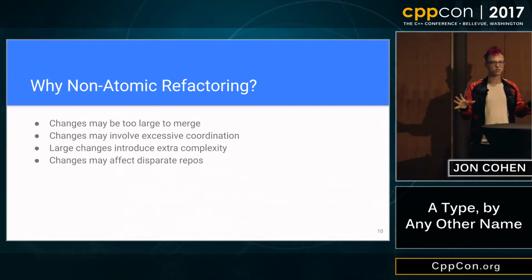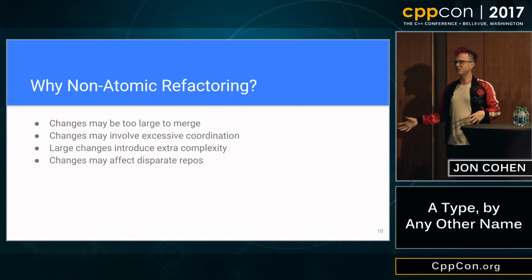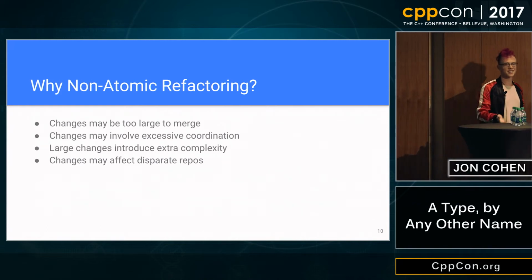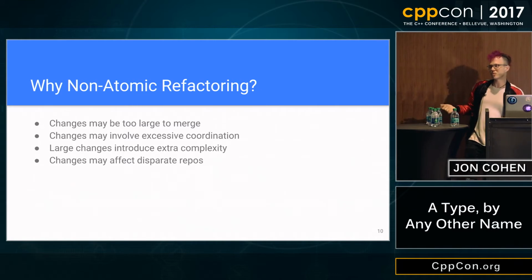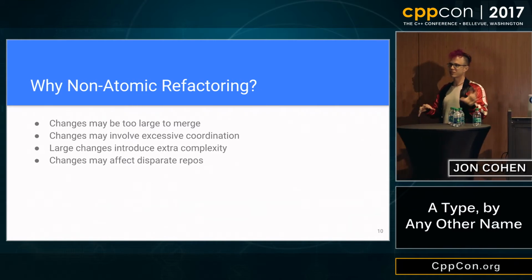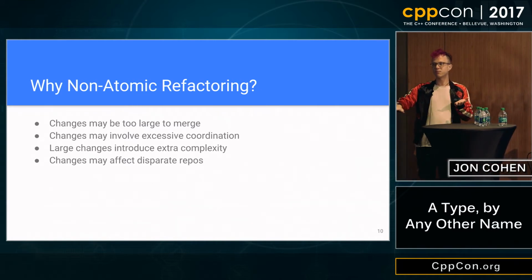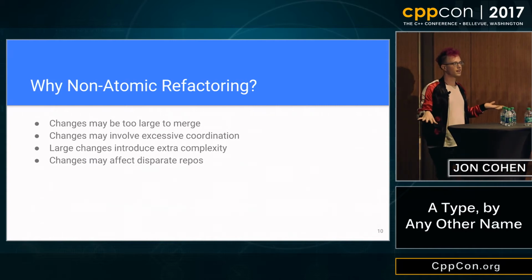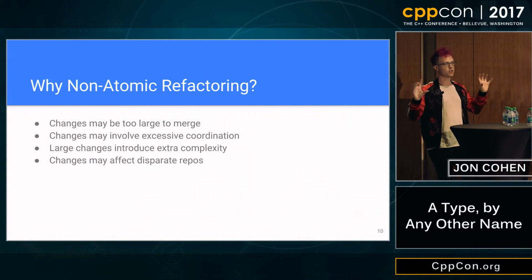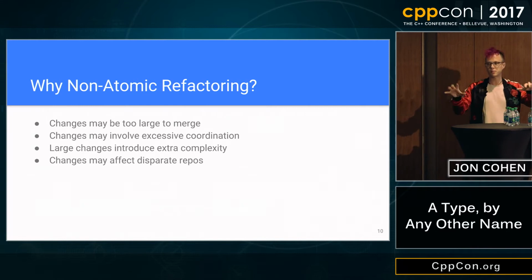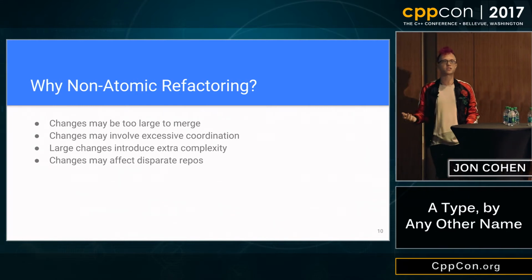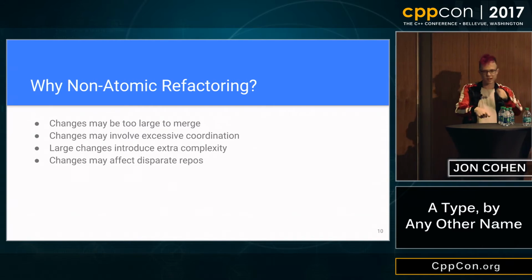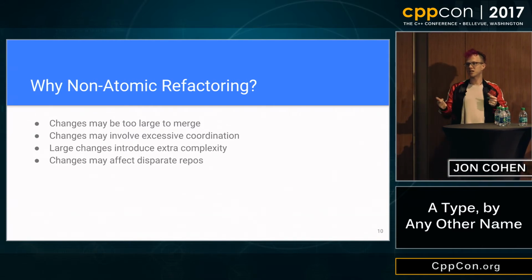You don't really want to like revoke everyone's access to the source tree to do this. That's not cool. Let's not keep other people from working. They may also involve excessive coordination, right? If you want to make a change that goes maybe over like a front-end to server boundary or some kind of boundary in your code such that it's really hard to do it all at once, you might need to have a couple people have like 2 changes or 3 changes and they all go at the same time. This is something we have to do commonly, or make something happen one right after the other, just because of some code organization issue.